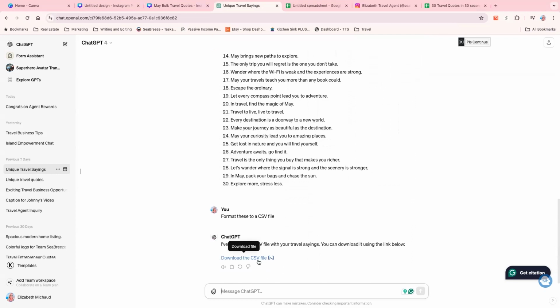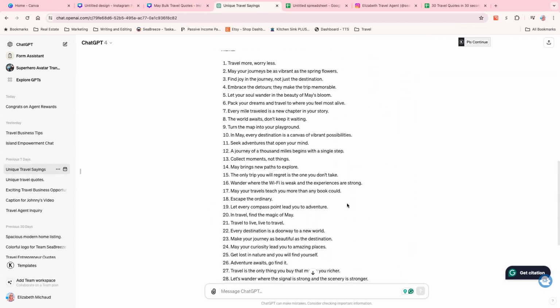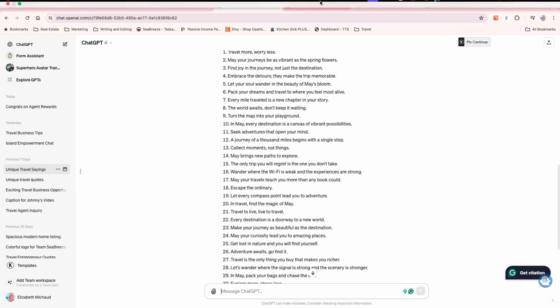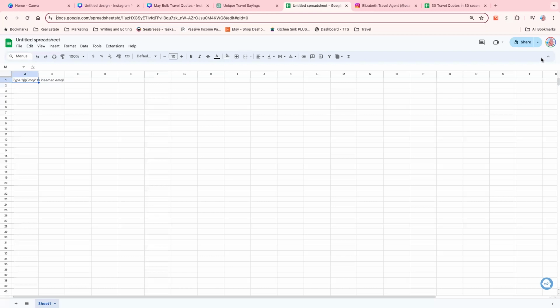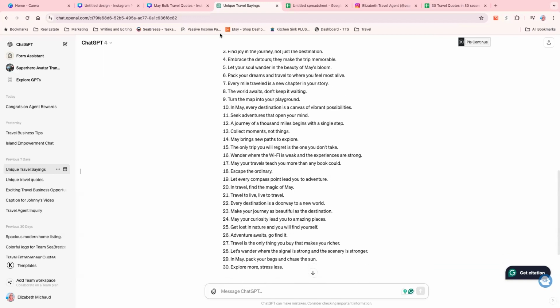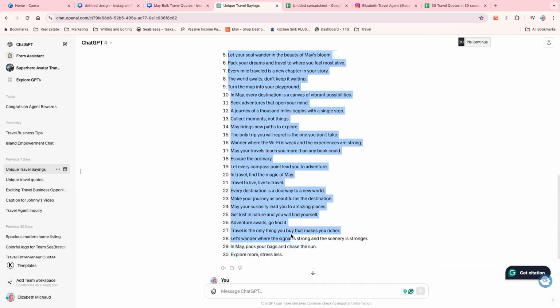But if you don't want to do it that way, I can show you a really simple method that once it produces this, you can put it in a spreadsheet. Now, if you don't have Excel, you can stay right in Google Chrome and just start a new Google spreadsheet. So I literally just copy and paste. I've got my 30 days, my 30 quotes. So I'm just going to copy them, and then put it into my spreadsheet